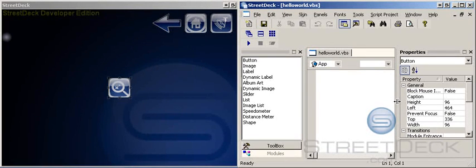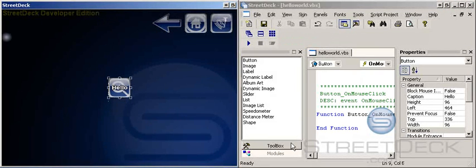Now, to do something useful with the button, we should switch to Design Mode by going to Panels, Design Mode. Now click on the button and notice the properties are filled in for it. If we edit the caption, it will also change in the button. To add some script behind the button, we can double-click on it, and a new on-mouse click event will be